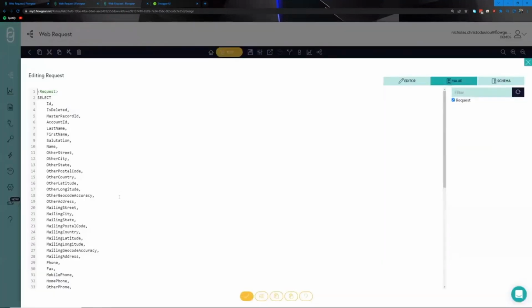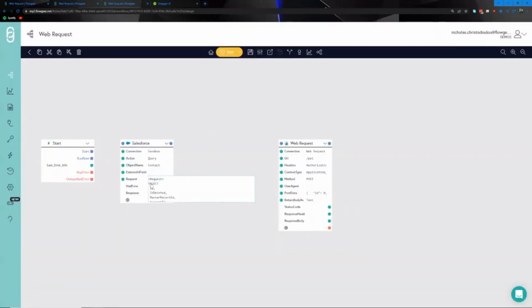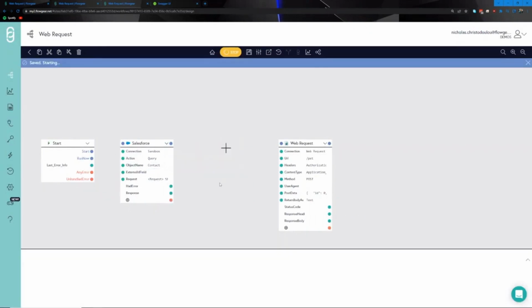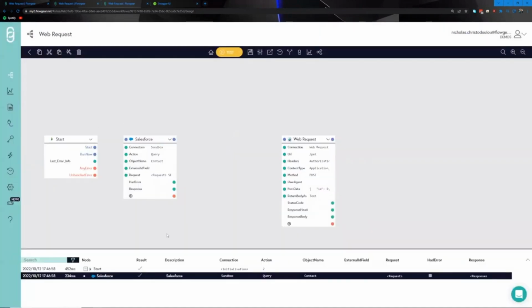Head over to the request section. Limit that by 1, just so we have some sample data to work with. And we can now also test the Salesforce node in isolation. See that we get a positive response from that with one of the contacts in our system. And now we have both sample data from Salesforce and a piece of sample data that we have to post